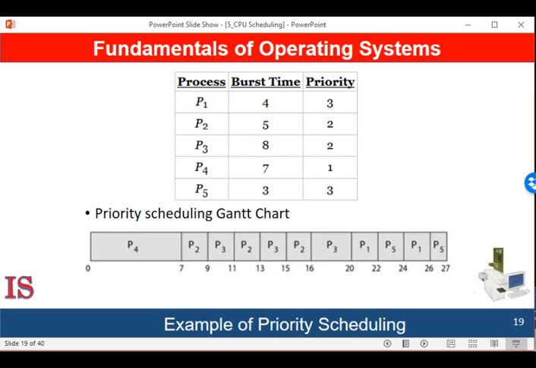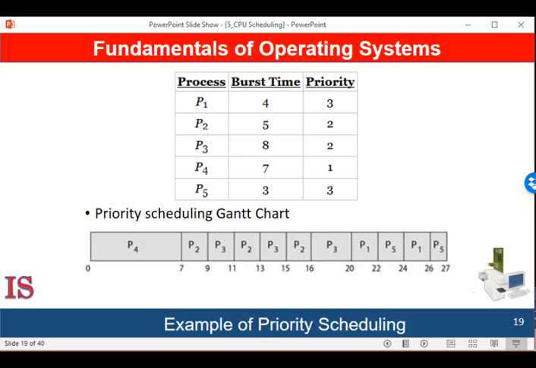Another option is to combine round robin and priority scheduling in such a way that the system executes the highest priority process and runs processes with the same priority using round robin scheduling. Look at this set of processes with the burst time in milliseconds. Using priority scheduling with round robin for processes with equal priority, we would schedule these processes according to this Gantt chart using a time quantum of 2 seconds.